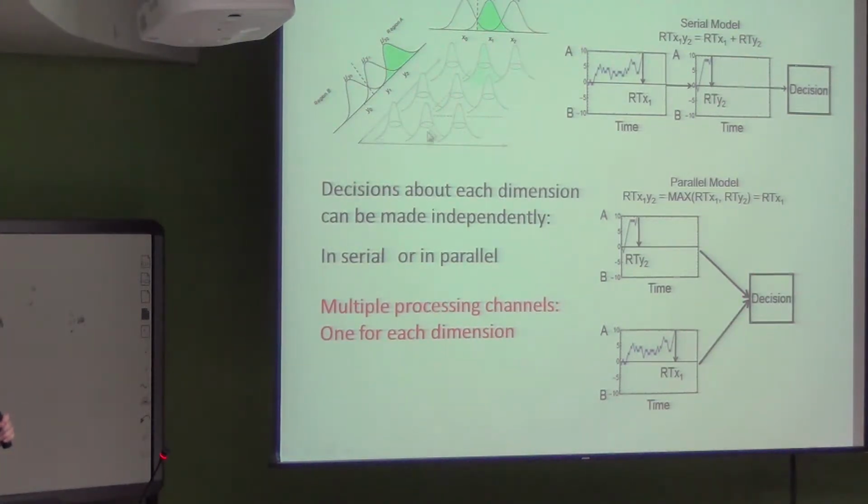But if we looked at one of these category B stimuli, then a serial or a parallel model could terminate its decision after processing one of the dimensions and still make the correct answer. An exhaustive model would process both of these dimensions regardless of whether or not it was able to stop and make a correct decision.